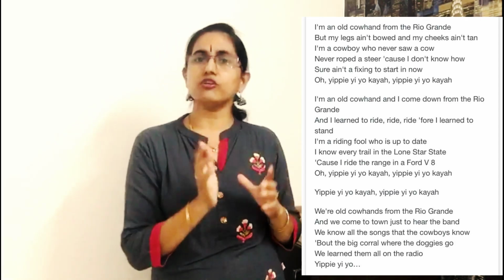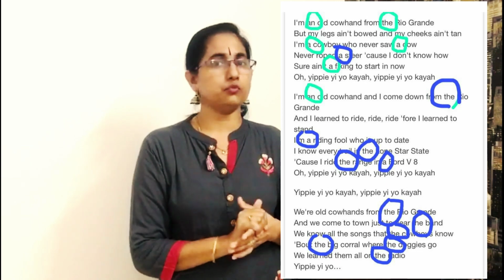Step number 1, write the articles a and the on a board, or on a piece of paper, or in a book. Step number 2, give an activity like this. Give a piece of English newspaper or a page of a magazine and ask them to circle all the articles which they find in that. Once they complete the activity, make sure that they are thorough with the articles a and the.